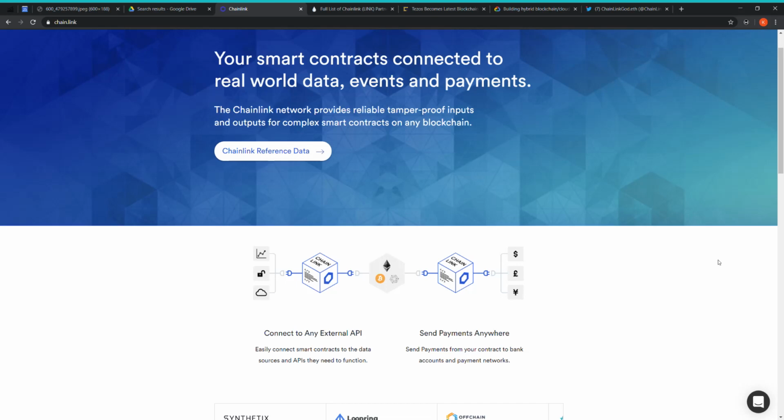Chainlink is essentially a decentralized Oracle solution for connecting blockchains and smart contracts to outside data sources. So any external API can now connect to blockchains and smart contracts, whereas before, without Chainlink, the blockchain systems operated in their own world and had no way to receive outside data. So that's basically the whole point. And just to kind of simplify what that does,